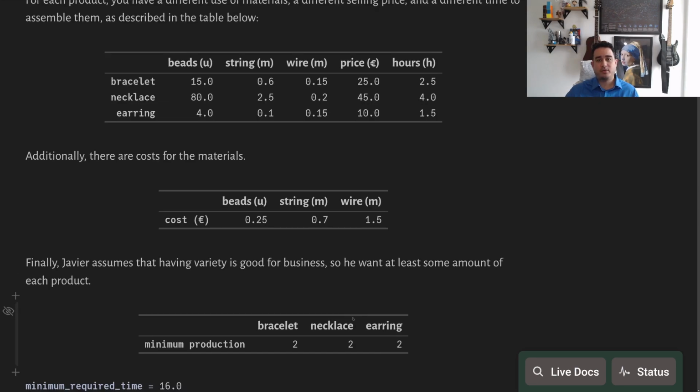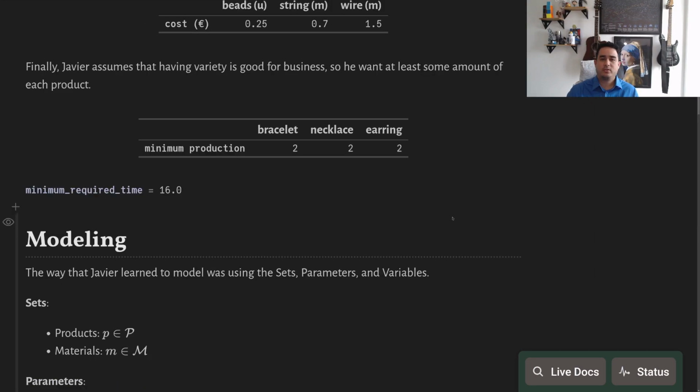I'm going to add another constraint here. Javier wants to build at least 2 of each product because he wants to show variety. He wants to show the kinds of things that he can do. And another assumption that we're gonna add here is that everything that Javier builds in a week is going to be sold. So during modeling, one thing that I like to do is to describe the sets, the parameters, and the variables,